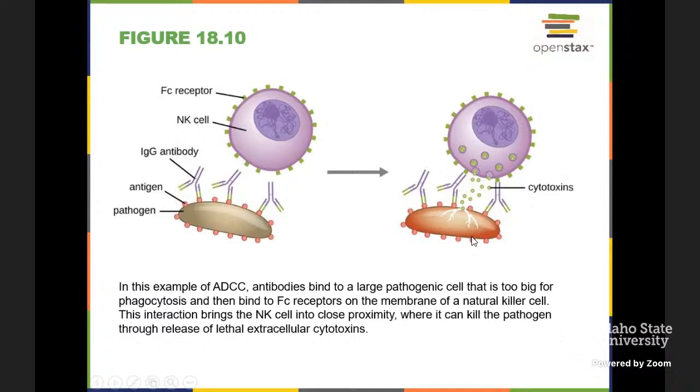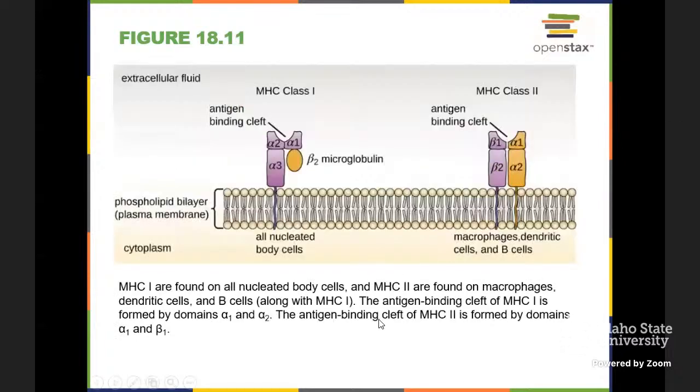So multiple ways, and there are numerous cells that have multiple ways to recognize and combat. So that overall for our body is a leg up. It's an advantage that they've got multiple potentials to recognize and destroy. So this image shows the MHC1s and MHC2s, all right? And with that,